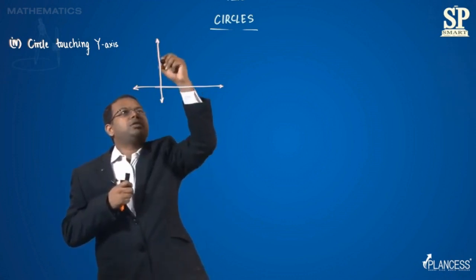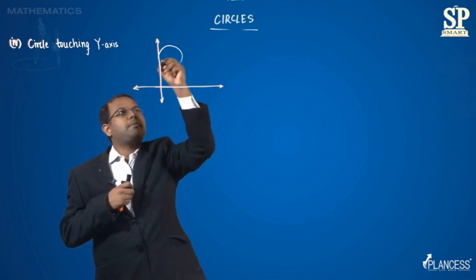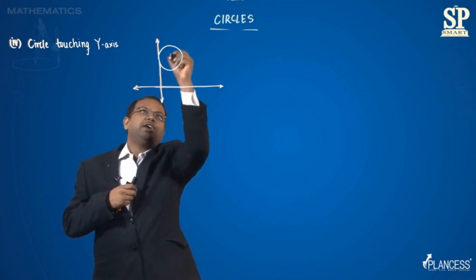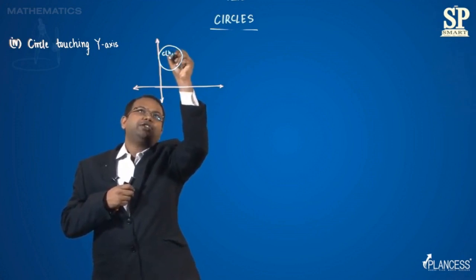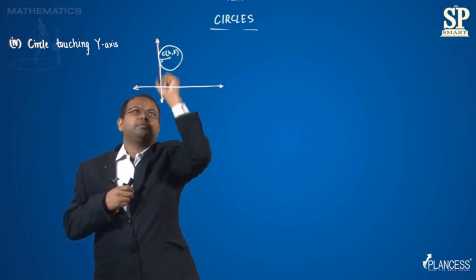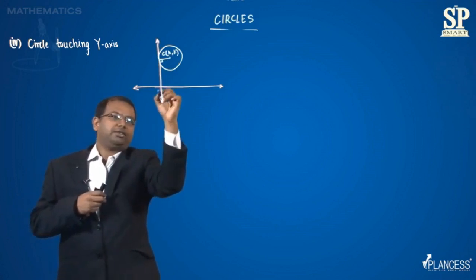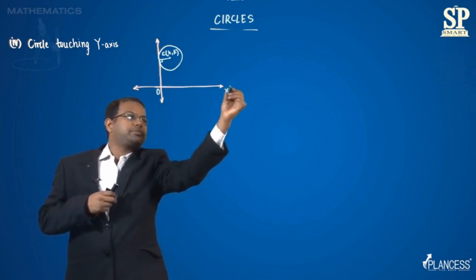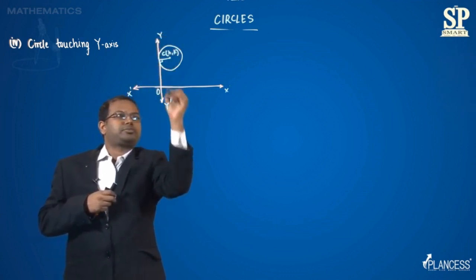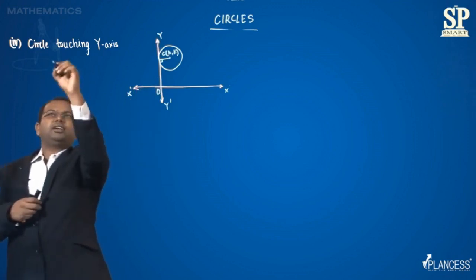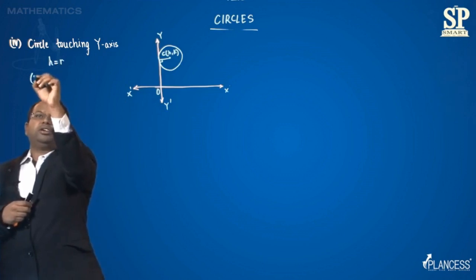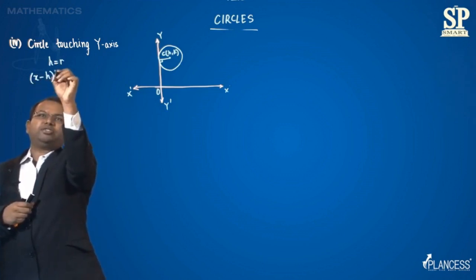So this is our circle. Let us say the center has coordinates h, k, and it has a radius r. So it is touching the y-axis. So in this case, clearly h will be equal to r, and the equation that we had, x minus h